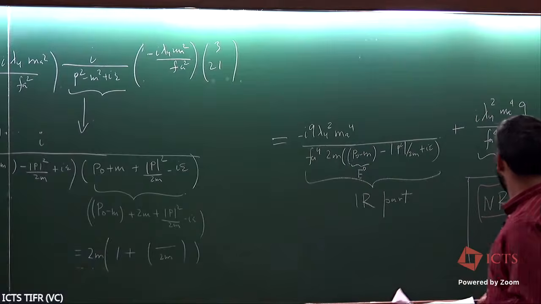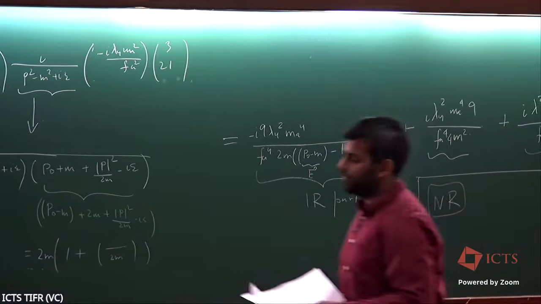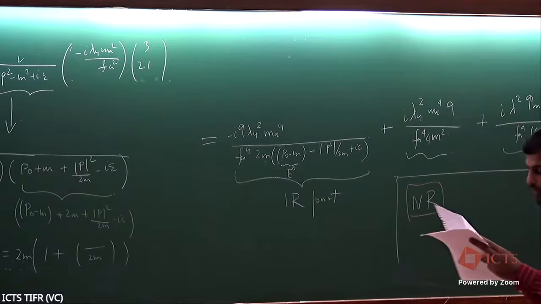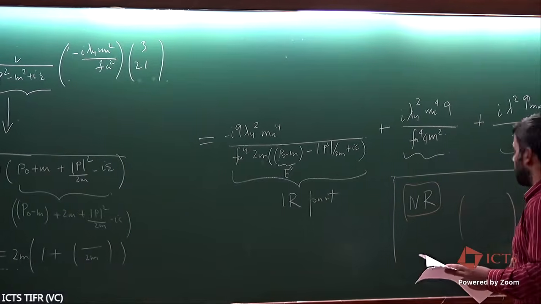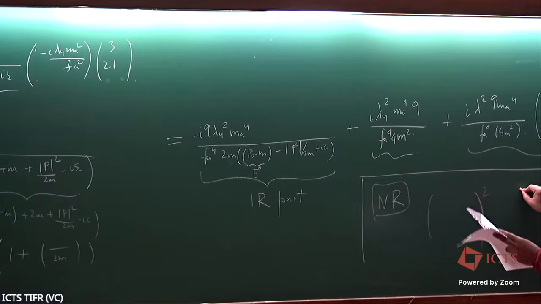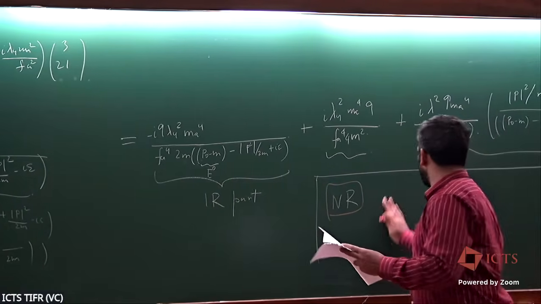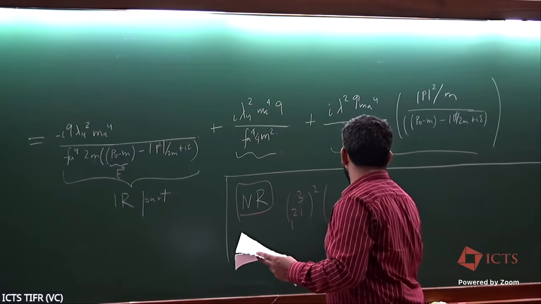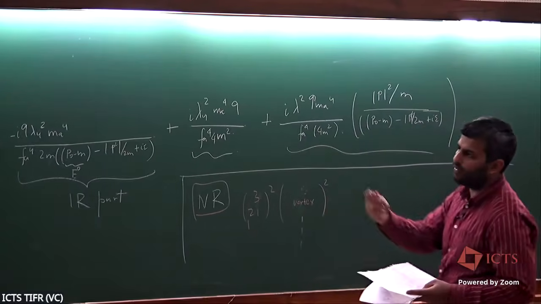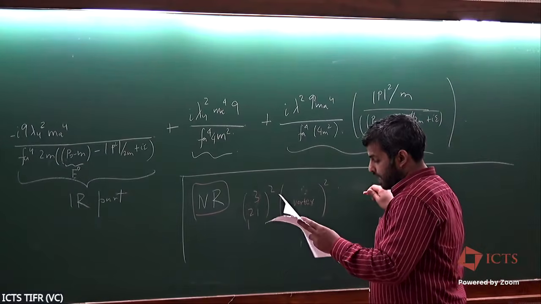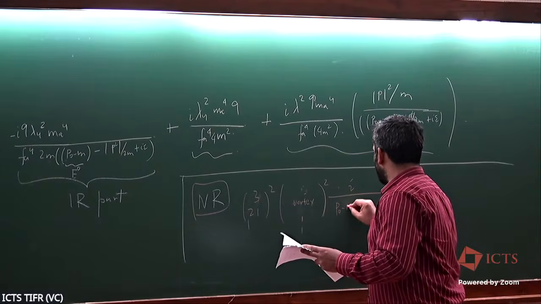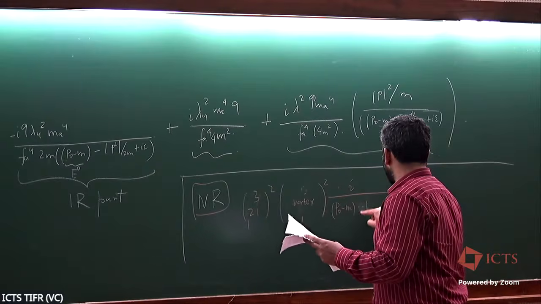So in the non-relativistic theory, take my diagram B, for example. If you just write the non-relativistic vertex corresponding to the Feynman rules, you would immediately get, again, this combinatorial factor 3, 2, 1 squared. This is the vertex part. I have already given the Feynman rule, so you can just write it. And then the propagator is just given by i times (p0 minus m plus minus p squared over 2m)